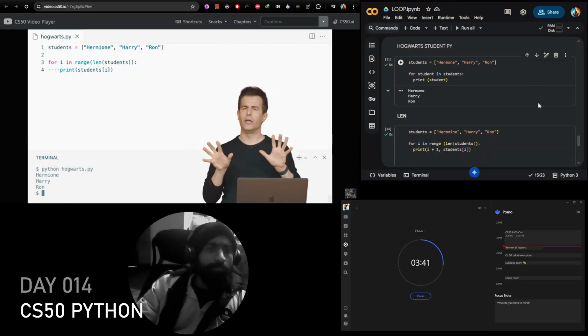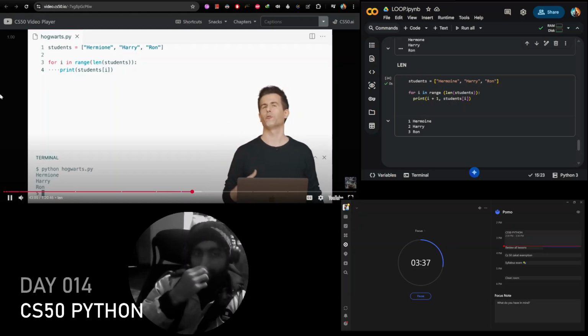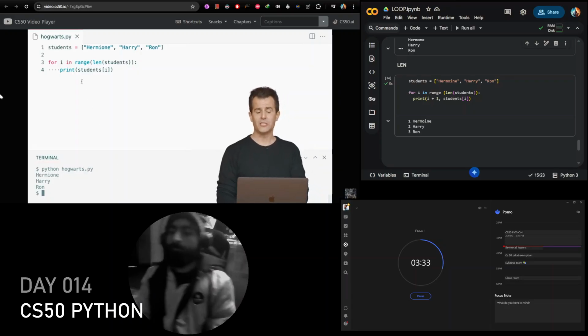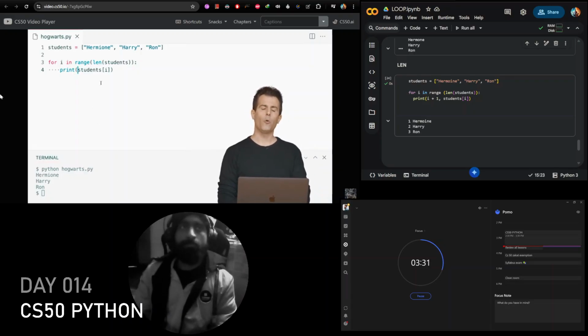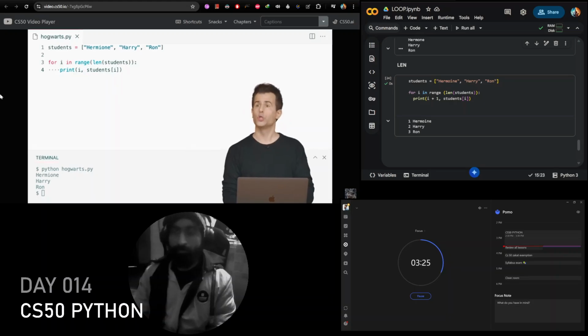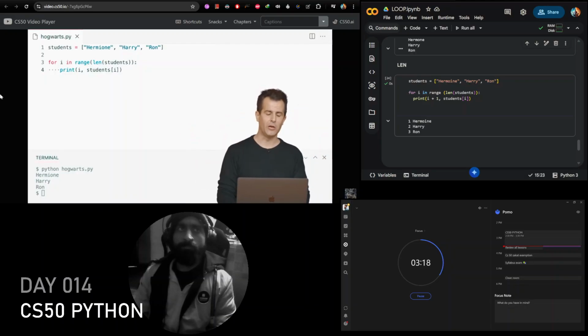And now if I'm just curious, if I just want to poke around, or maybe I want to do a ranking, like who are the top 3 students in the school or in Gryffindor, well, I can print multiple things at a time, as we've seen. Let me print out not just the student at location i, but rather let's print i first and then the student at location i. So 2 things to print, and we know that print can take 2 arguments. We've seen that before. They'll be separated by a space. Let me go ahead and rerun this.